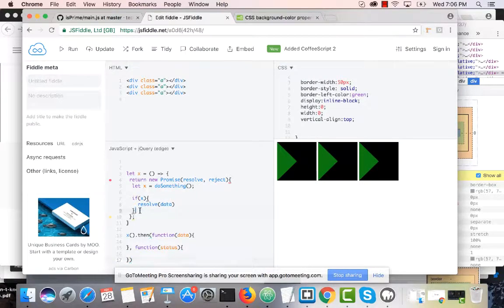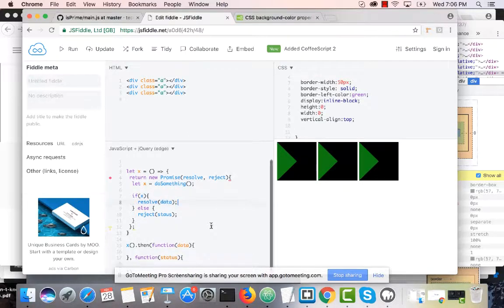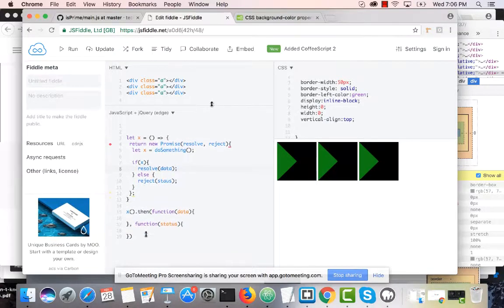So here I can reject with some status, the message that you can actually show on your page. I can go into detail when we cover it, but